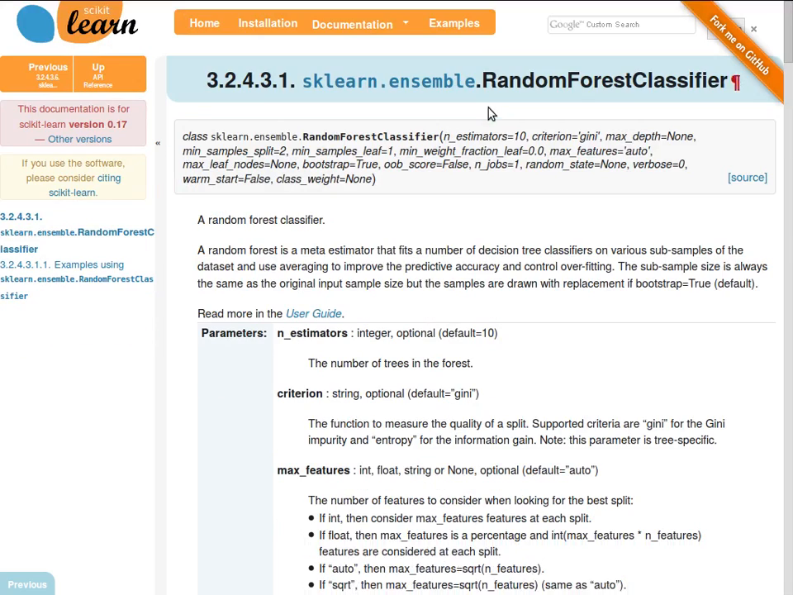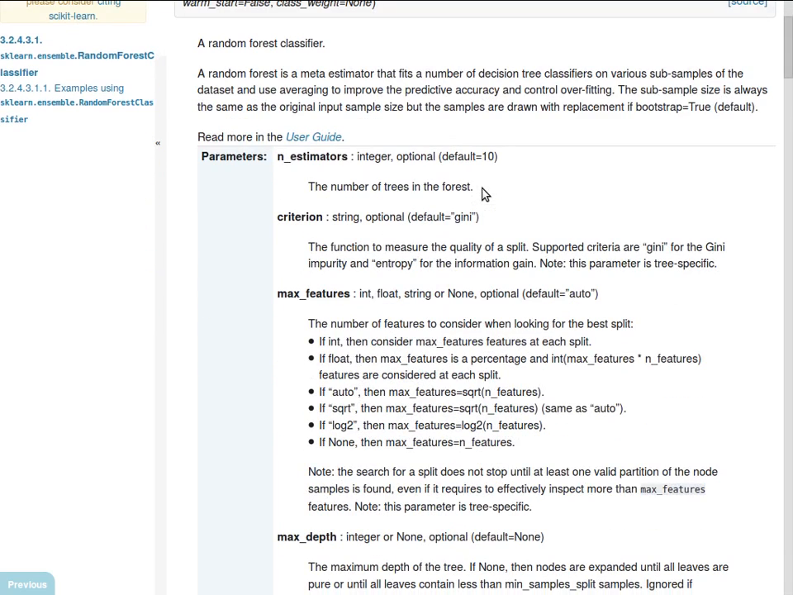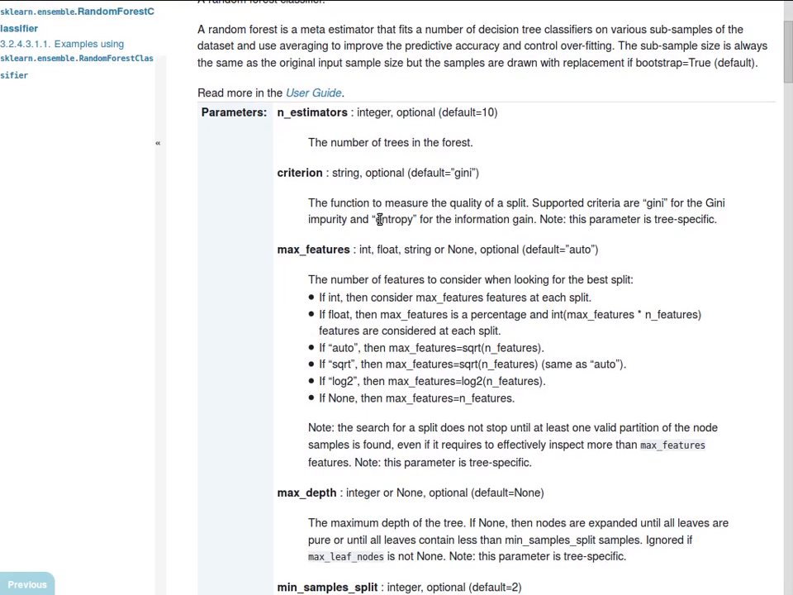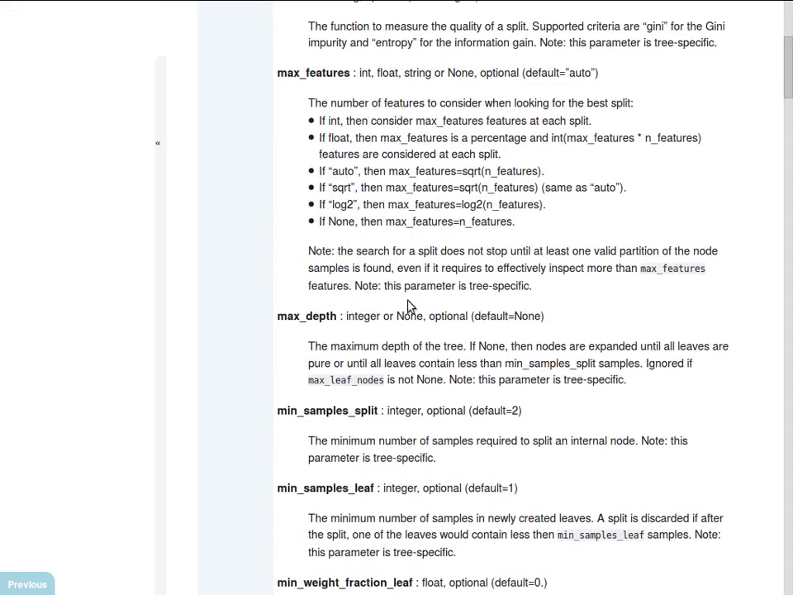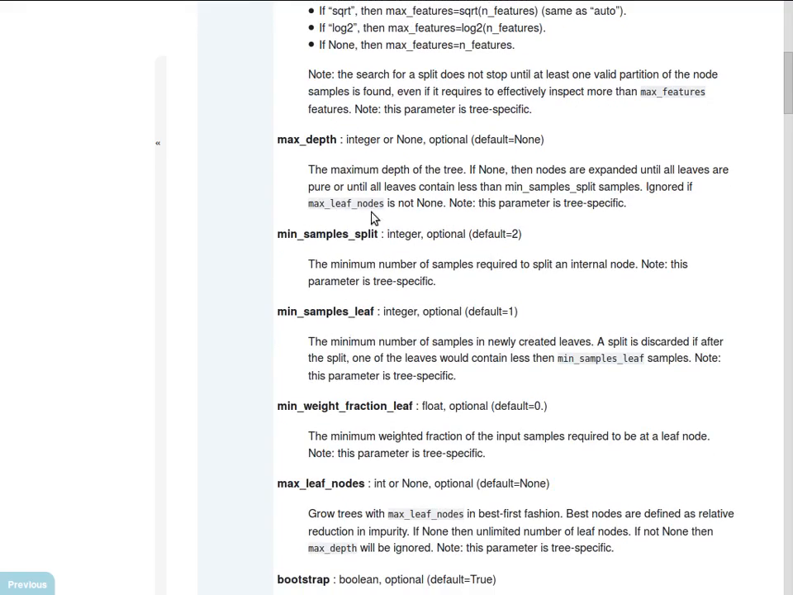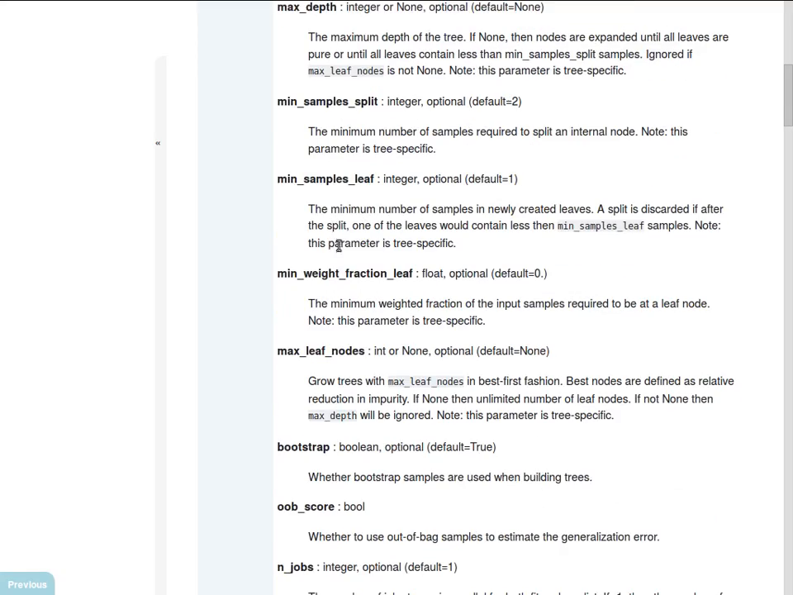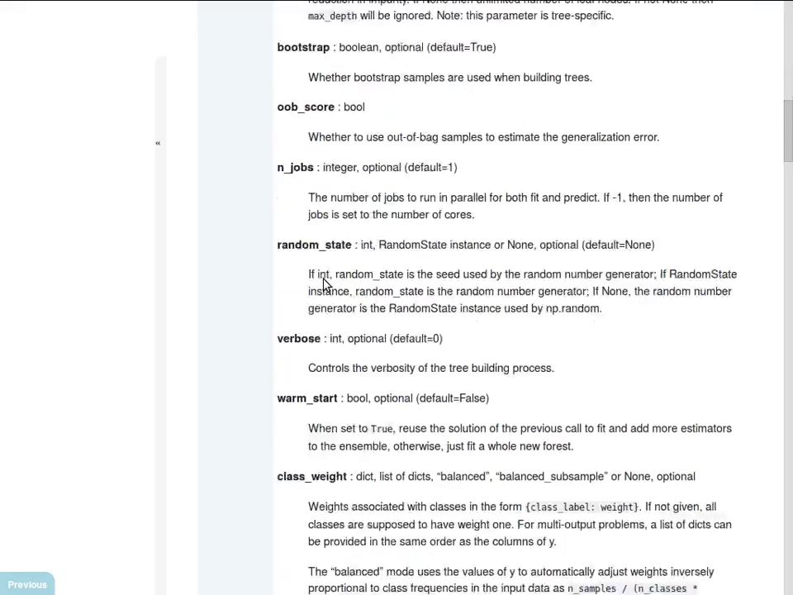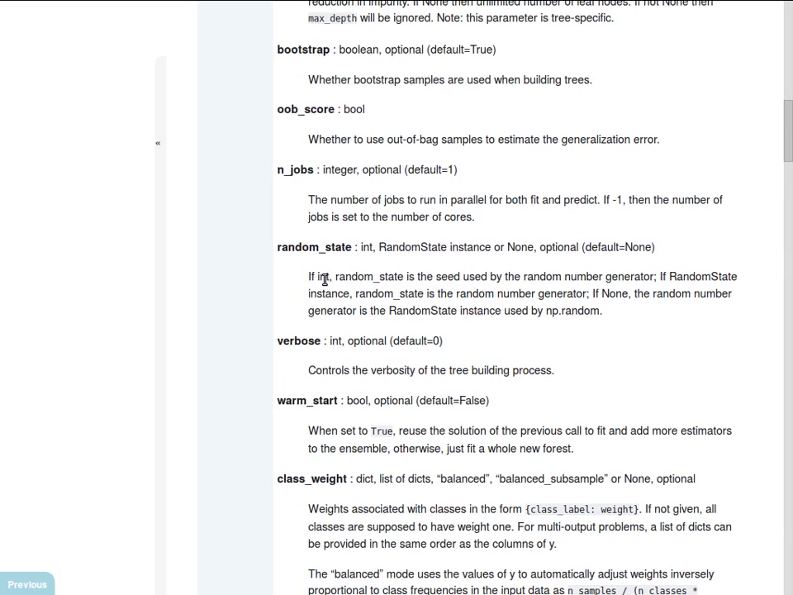If you look at random forest, again, it has a number of features. So how many features should we use? Should we use Entropy or should we use Gini? How deep should we build our tree? And all of these are various parameters you can use that will again help make your model